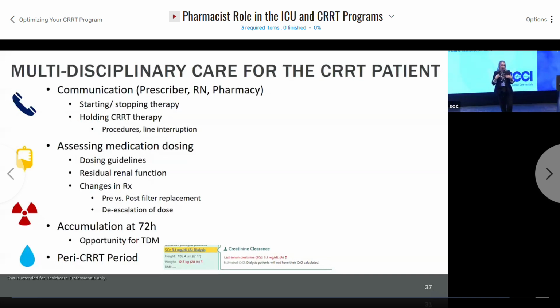We are personally struggling with, how do I notify pharmacy when it stops? And when is a reasonably clinically significant stopping time? Because what if we're just having some clotting, clogging, vascular access issues, and we're going to get up and going a little bit, right? And so this is, I think, an open area as well, something that we should be